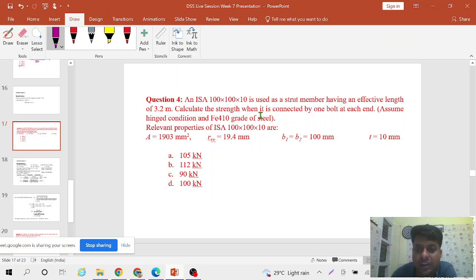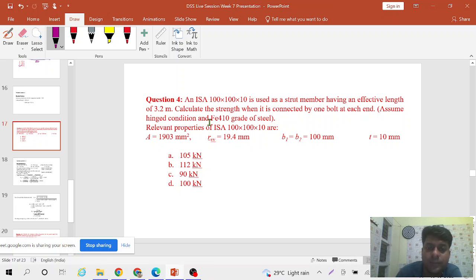Further, calculate the strength when it is connected by one bolt at each end. So it is asking to calculate the strength of the strut member. Assume hinged connection. Why has it been given 1 bolt or 2 bolts? Because how many bolts are used in your connection determines the value of the constants. So the hinged connection term is also used to determine the value of the constant